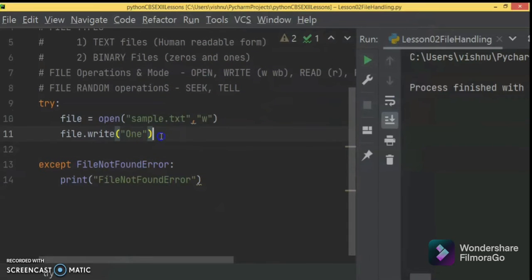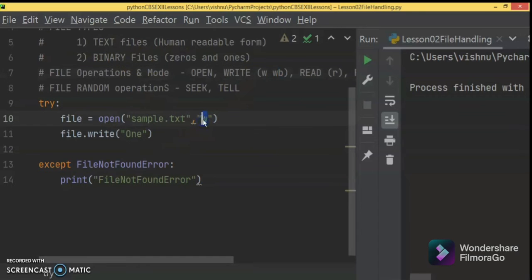So I've written this one. Suppose, this is the syntax for this one. Open a file. This is the file name and this is the mode. I've written here the mode for each and everything. So here you can see B. B represents the binary file. I told you there are two types of file. One is a text file, the other one is the binary file. So W is the write and B is the binary file. After finishing the text file, I will be explaining the binary file.